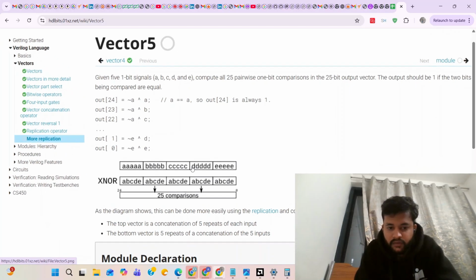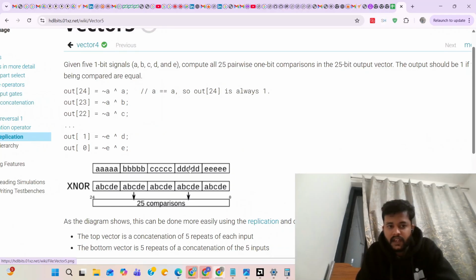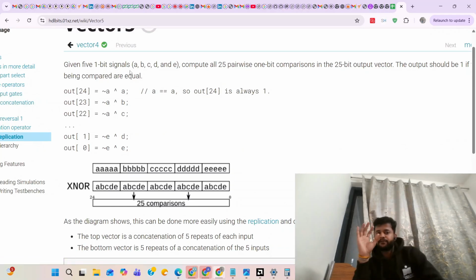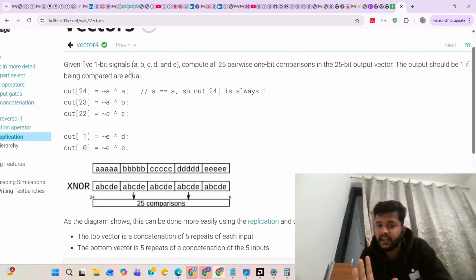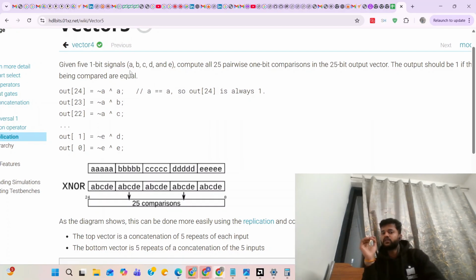So what we have to do, okay, we are given 5 1-bit input signals, A, B, C, D and E. We have to compute 25 pairwise 1-bit comparisons: A with A, A with B, A with C, A with D and E, then B with A, B with B, B with C, like that.